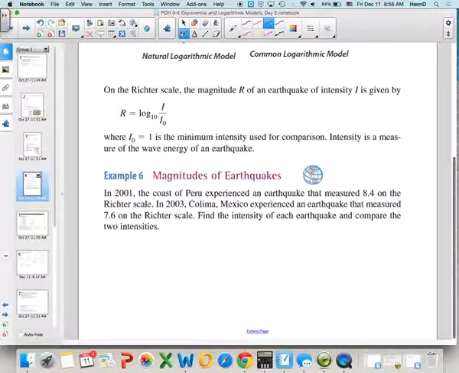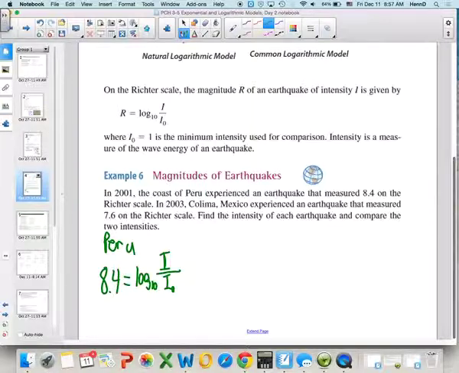The magnitude, R, for Peru was 8.4. That equals the log base 10 of whatever the intensity was over I sub naught. Okay? Now, I sub naught just stays I sub naught, and this is why we have to compare two of them together. Because this intensity here,